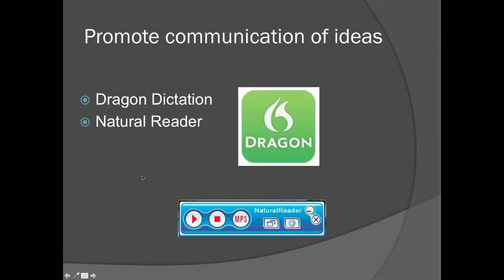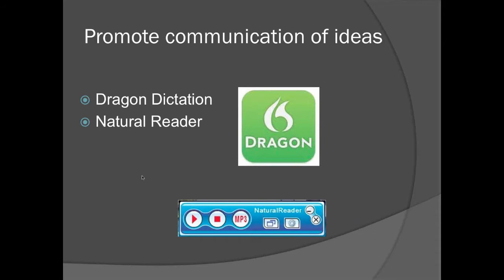It can also help promote communication of ideas. Dragon Dictation and Natural Reader do just about the same thing. Natural Reader is again a free application where you can type in what you want, maybe some directions that you want students to follow, and it will actually read that text out loud.